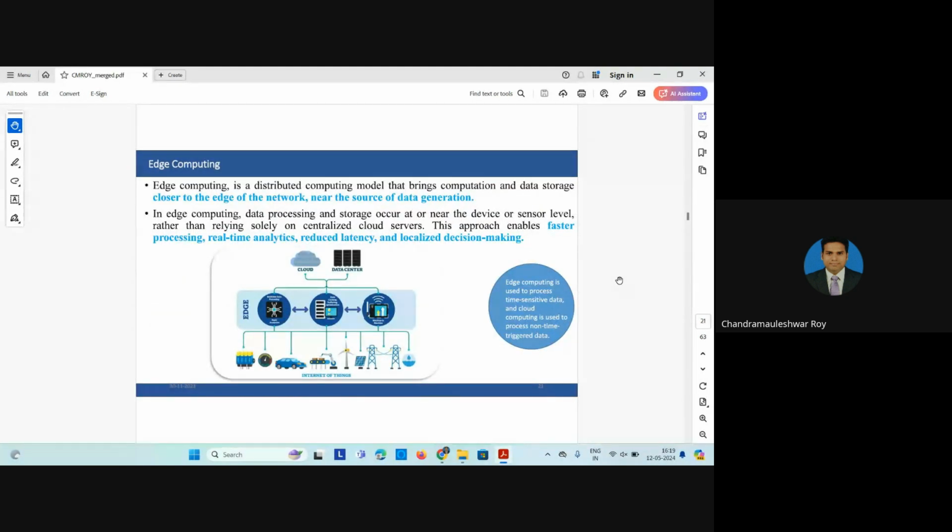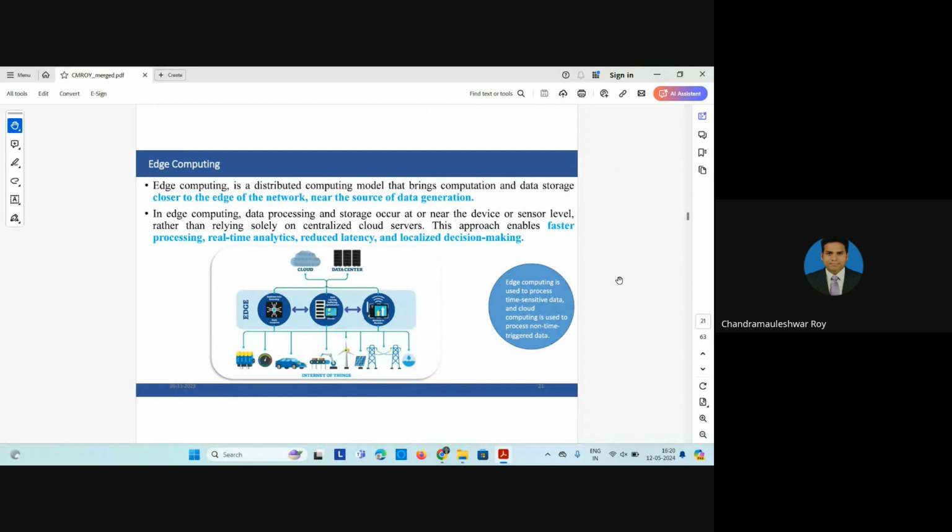Then I'm coming to edge computing. What is edge computing? We can understand this by using one example. Suppose you are going to design a smart parking system. A smart parking sensor is nearby. Suddenly you can sense the data, process the data, and get the output there. No need to send that data to the cloud. Why? Because it is a real time application, so why send the data to the cloud? Not required. If your computation is done nearby the edge device, that is called edge computing. So edge computing is a distributed computing for different applications.